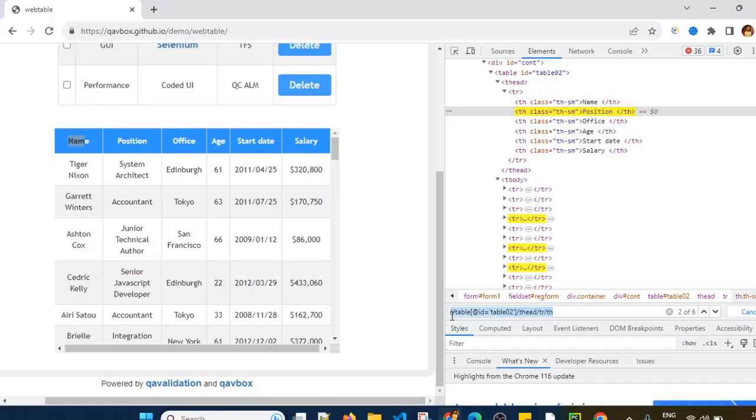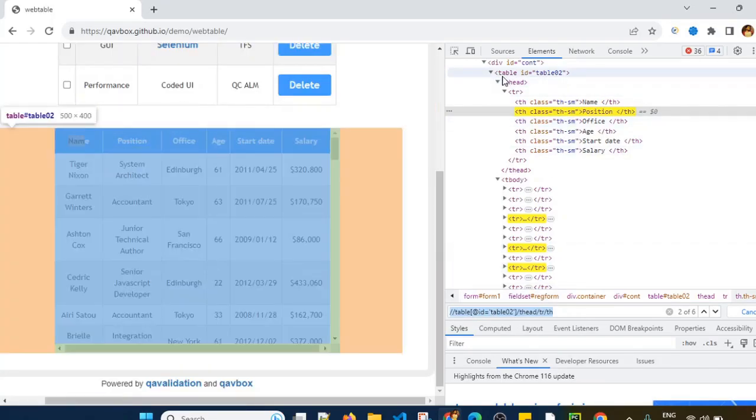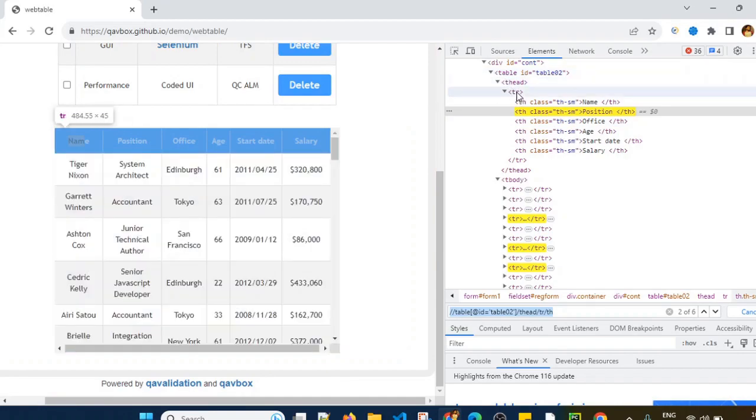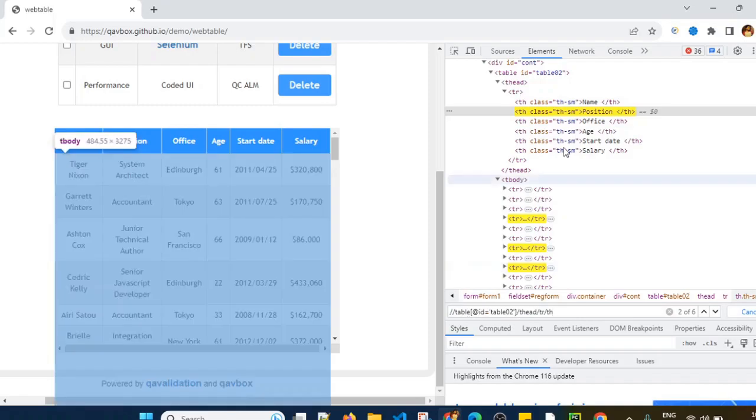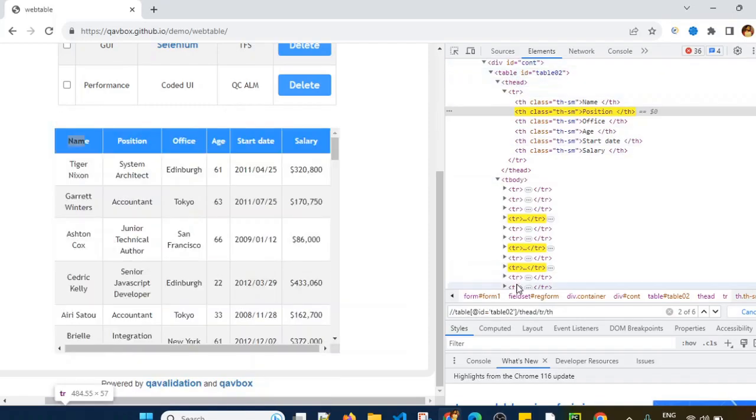So this is one approach we can use, by going from the table tag, then thead, then TR tag, and then finding all the TH tags. And if you want to find the TH tags directly, that we can also do. So now we have navigated from the table tag to TH tags one by one. If you don't want to use this, you can simply use it like this as well.